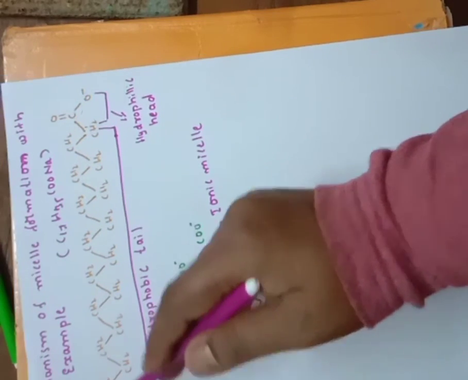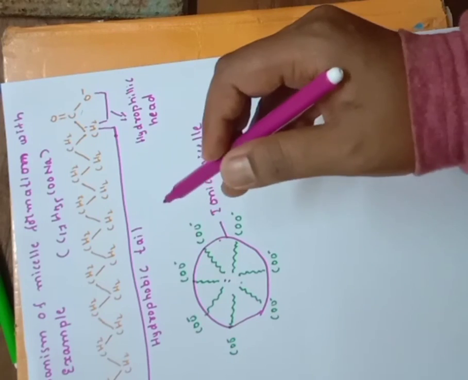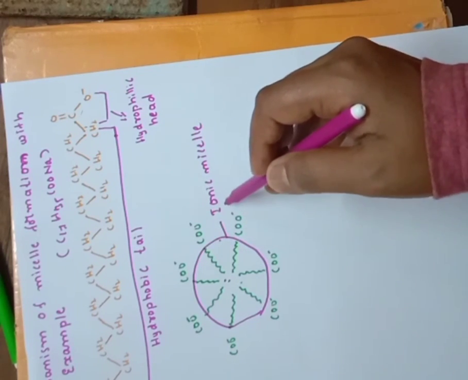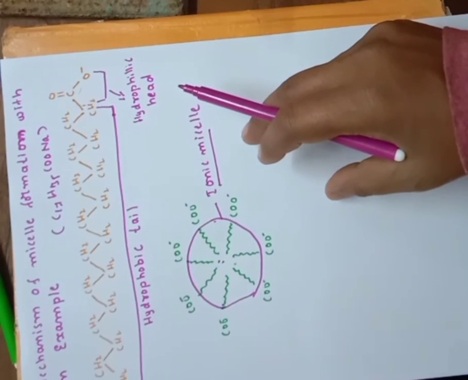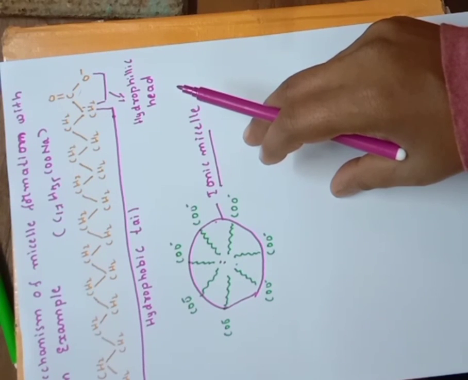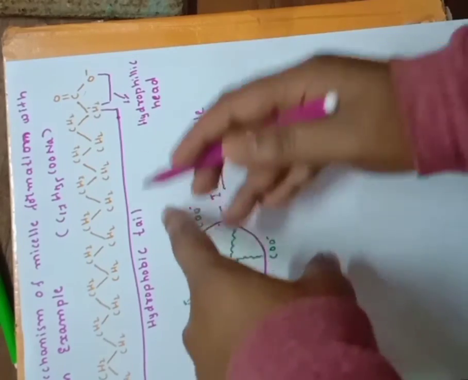Pulling inward, and because of this, they combine with each other and form aggregates. So this is called an ionic micelle. This is the mechanism of micelle formation. How is the micelle formed? Because of the pulling of the hydrophobic tail and